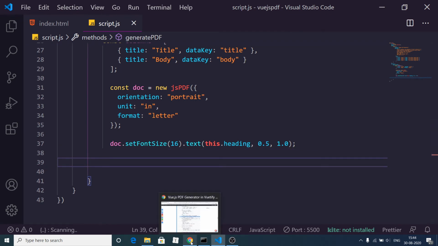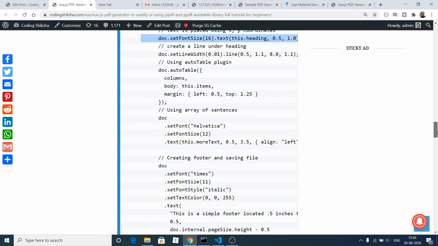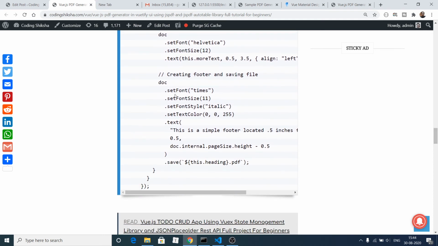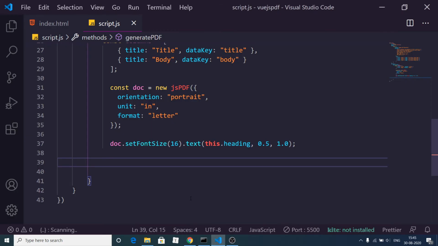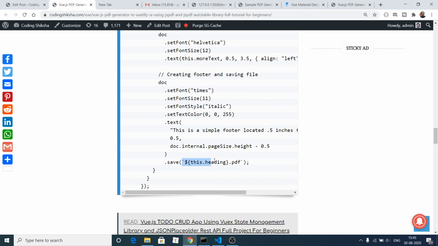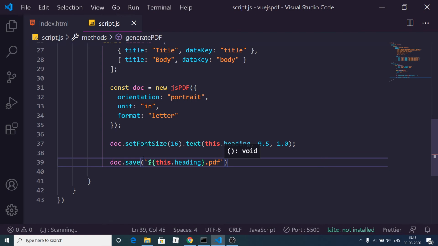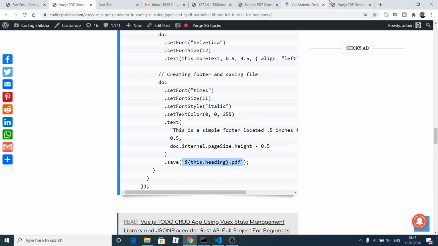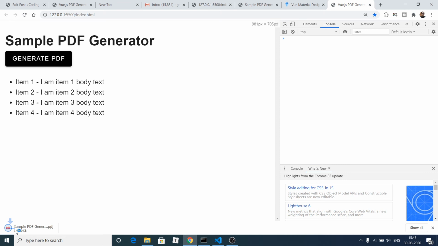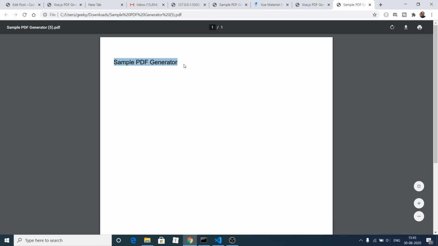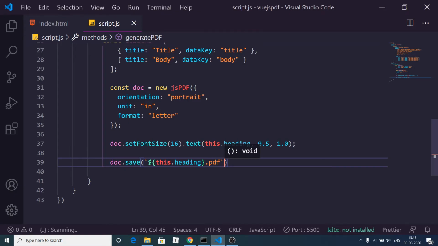After providing the heading, lastly, let me just show you how to save this first of all. In order to save this, we will have this method here, doc.save, simple method, doc.save, and here you can provide a dynamic name. This name will be the heading name. So whatever heading that you give will be the file name. Like this, in the backtick symbol we are writing. So what you will see, if I hit this generate PDF, a PDF file will be downloaded instantly. If I open this, you will see this heading printed out inside this document. So whatever heading that you give.